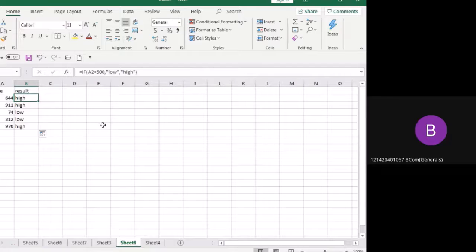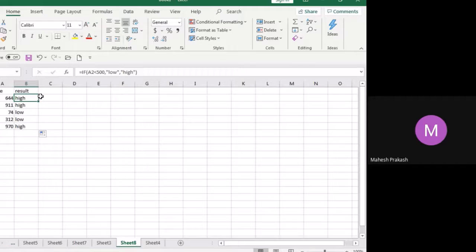Sir, can we also execute some other formulas by using this IF formula? Yes, the formula will be the same. The formula will be like greater than or equal to, something like that. If we give the executing value as some kind of formula, will it execute the formula, sir? Yes, it will execute the formula.